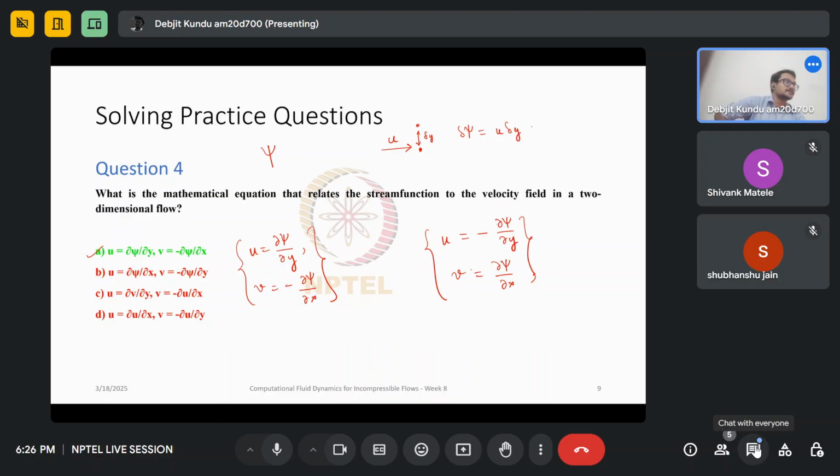So this is how you get dou psi dou y equals u. Similarly, let's say you had a point like this and you moved delta x to one side and you had v coming in over here as the velocity. So once again, what will be the differential flow rate through this? That will be